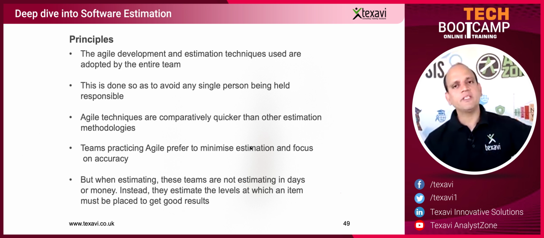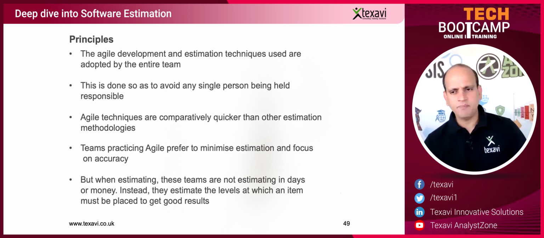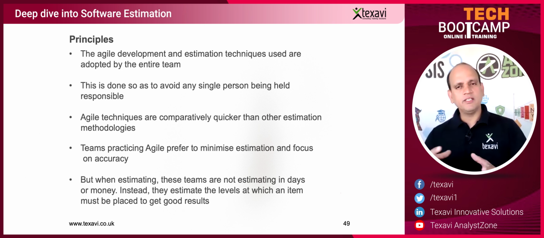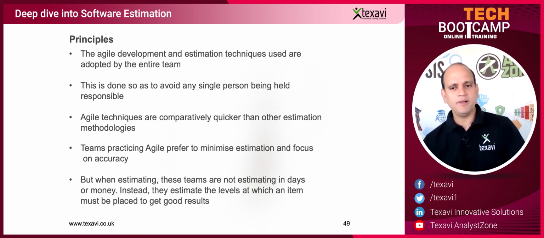No matter what kind of estimation technique or methodology you use, whether it's work breakdown structure, top down, bottom up, absolute estimation or relative estimation, using t-shirt sizing, it doesn't matter. The fundamental principle is to start with the size, then use productivity, and then you arrive at the effort. From effort and the number of resources, you get the schedule. From the number of resources and the schedule, you get the cost. So this particular fundamental rule is like, for example, Newton's third law. It applies everywhere on planet Earth, especially at least